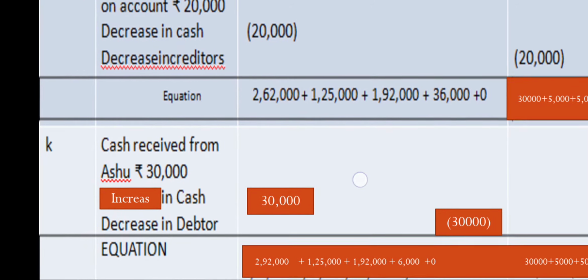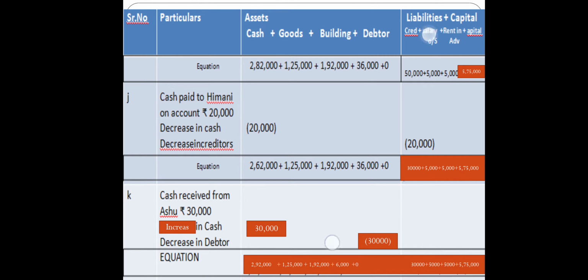Here the term given is just the general term, cash received from Ashu. If it had been written as cash received from Ashu in full settlement, the words full settlement would indicate that the full amount is paid, and then 6,000 would be considered as our income. But here nothing is mentioned, it purely says cash received from Ashu. So we have to just write it down, and 6,000 will be shown as an amount to be received in the future.